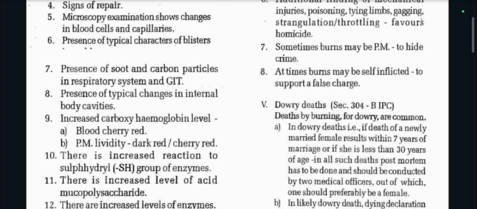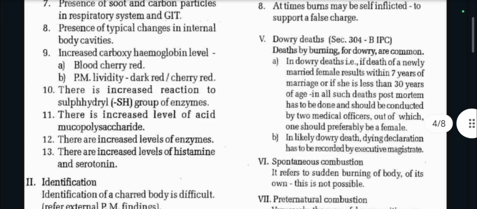Eighth point, at times burns may be self-inflicted to support a false charge. Dowry deaths, Section 304B IPC: deaths by burning for dowry are common. In dowry deaths, that is, death of a newly married female results within 7 years of marriage, or if she